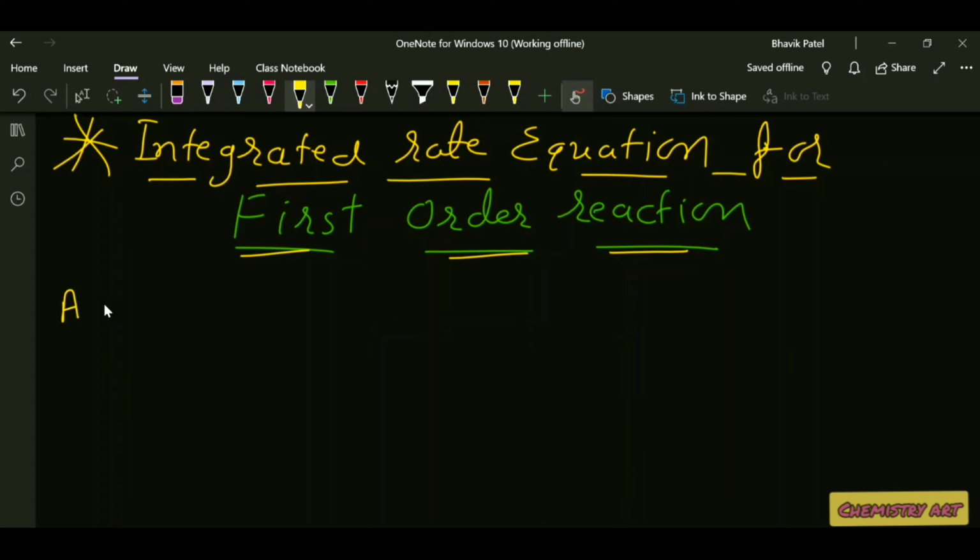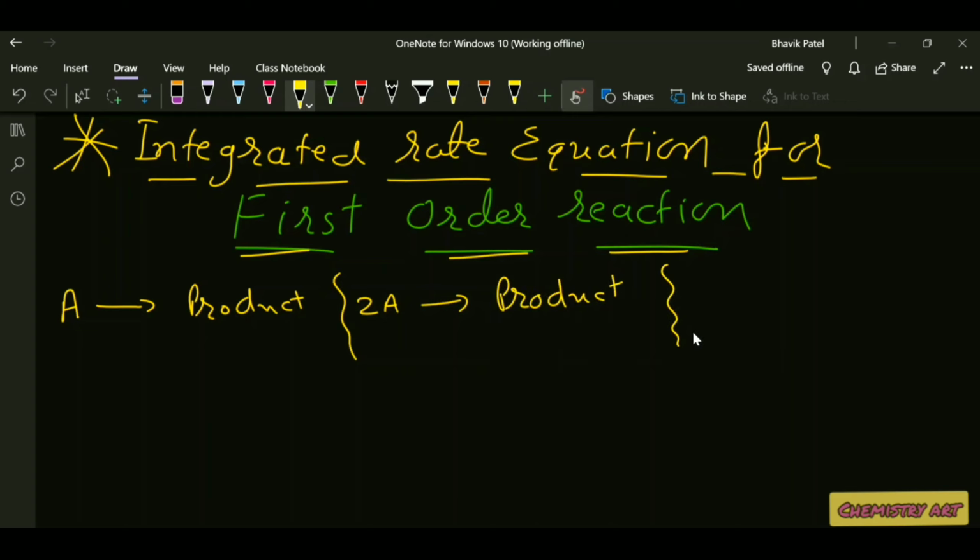For example, one reactant is converting into the product like this. A is converting into the product. Suppose 2 moles or 3 moles, or whatever number of moles there are of the reactant, converting into the product like this. And if we have two reactants, A plus B, converting into any product, for all these reactions we can write the